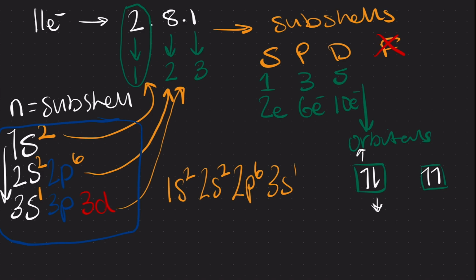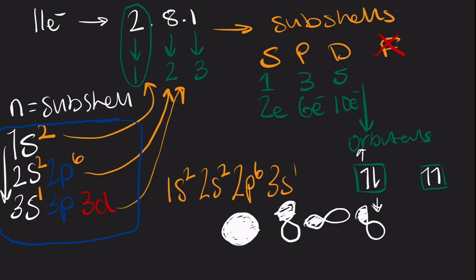If we were to look at the shapes, the s orbital is a round sphere. A p orbital is a dumbbell shape, and there are 3 p orbitals that exist. One is in the xy plane, one is in the xz plane, and one is in the yz plane. And then d orbital, after p it becomes a bit complicated, and